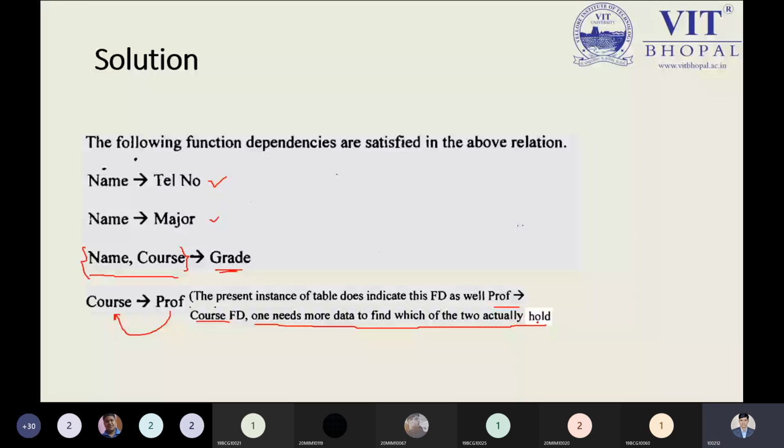If I give any question in the examination for 10 marks, then these four statements are sufficient. But then you will say, sir, you gave me only 2 marks. Why? Because you didn't explain. You are required to explain all the statements, all the functional dependencies, and why you are making the dependencies between these two parts. That was the main point.